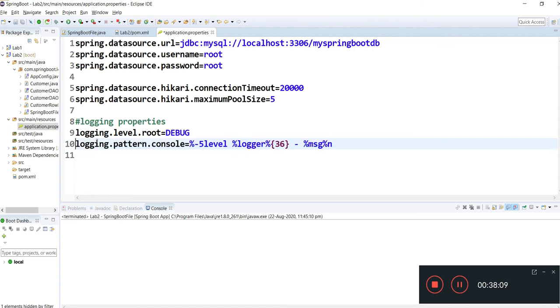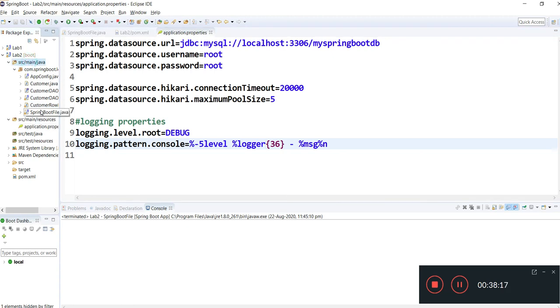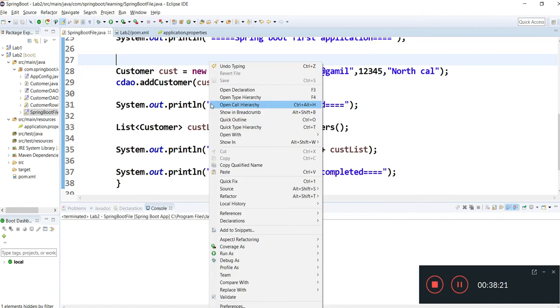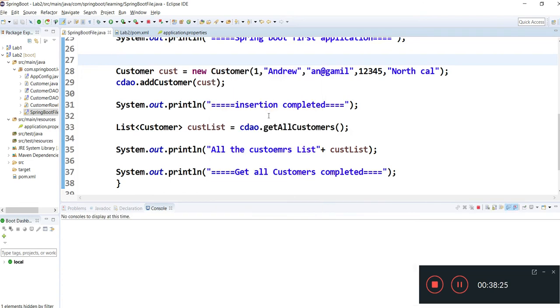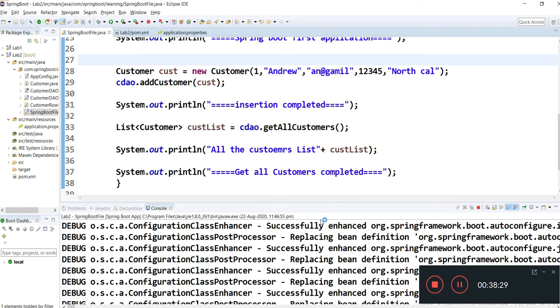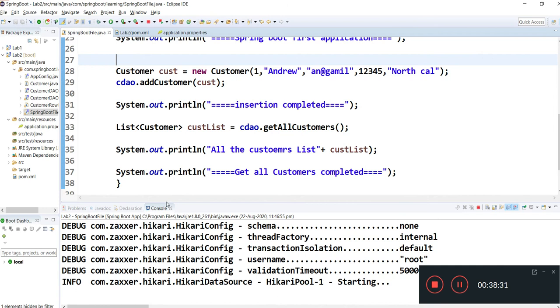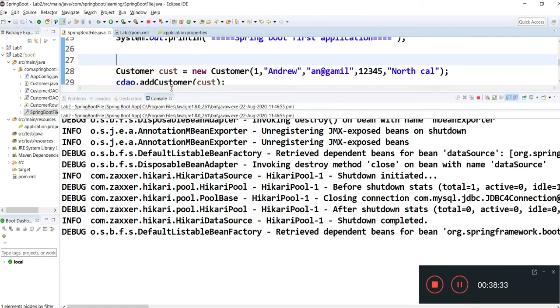You can save it and run your first tab with Spring Boot. Yeah, we are good to go now. I was expecting some errors, but we didn't see any errors.